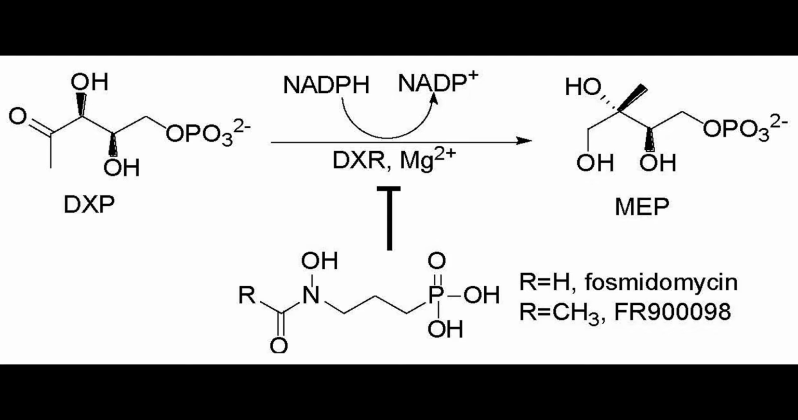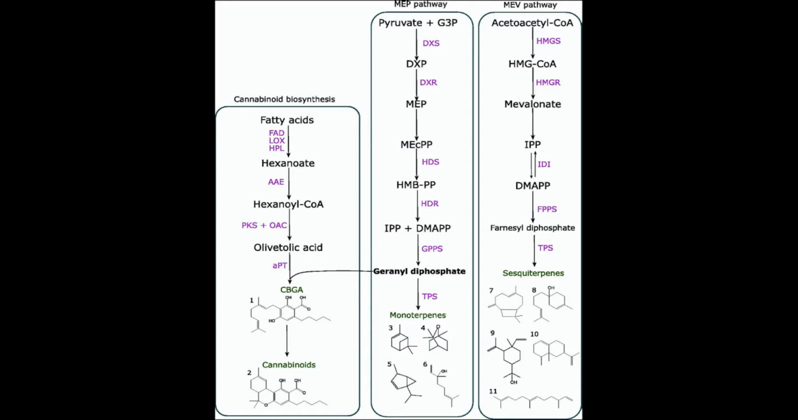the MEP pathway. Also, to create geranyl diphosphate, there needs to be equal amounts of IPP and DMAPP. There is a solution, though. So let's say the MEP pathway is inhibited and it has IPP and DMAPP in unequal levels, so geranyl diphosphate